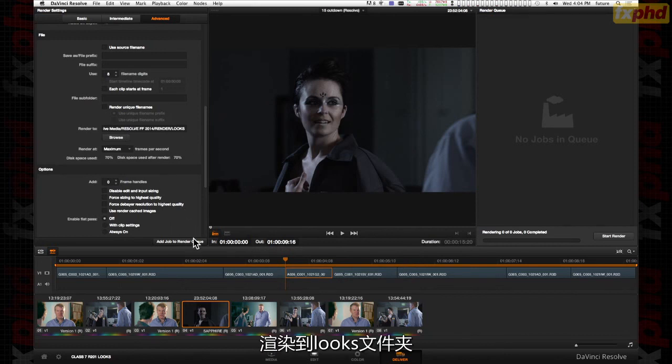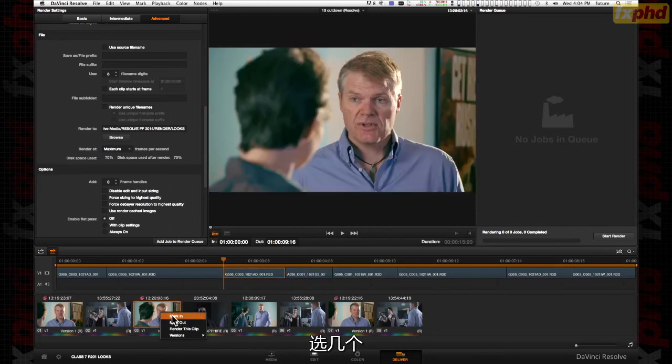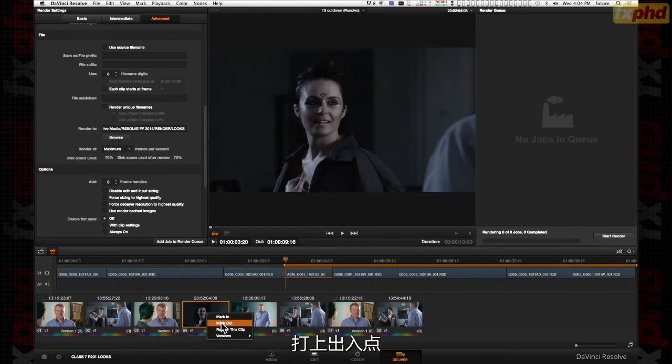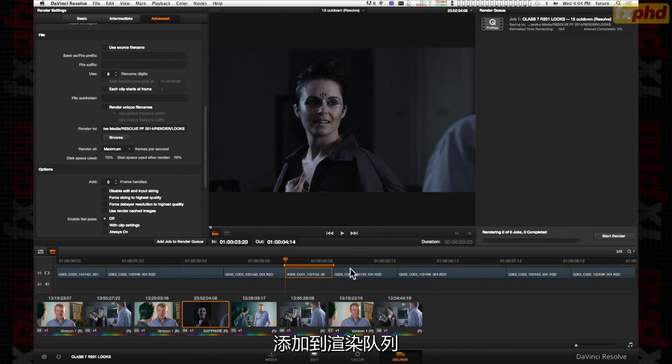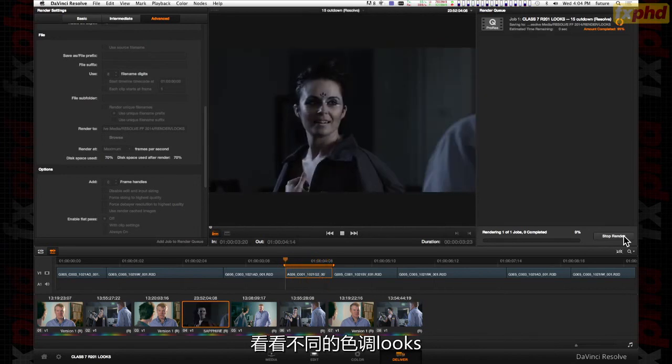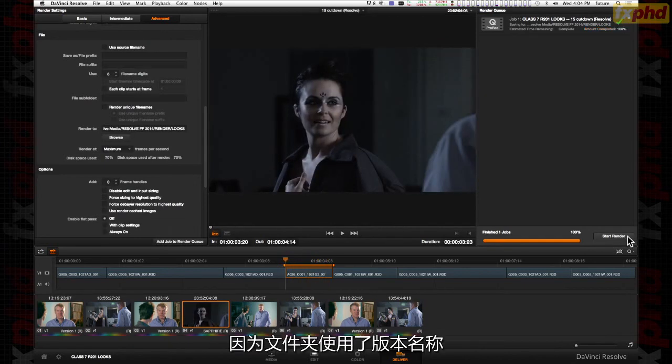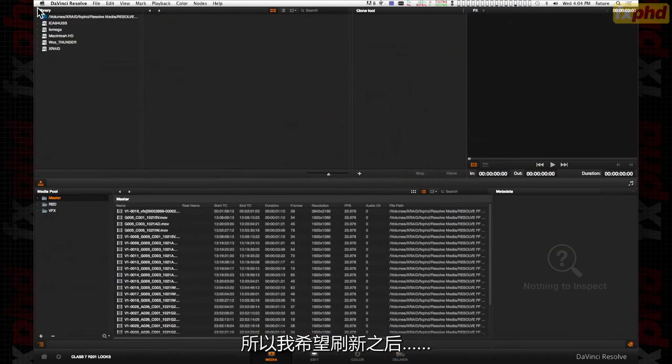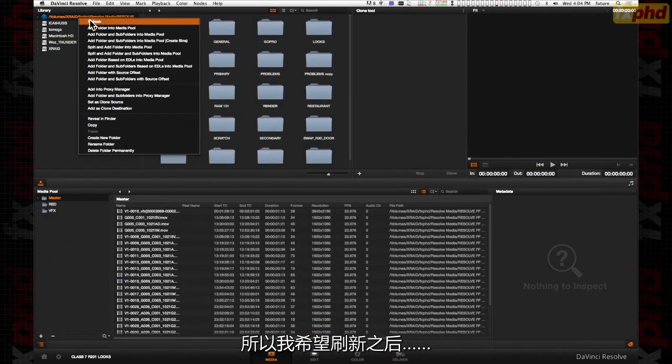Into looks like that. And we will just take a couple, so we'll go in there and we'll go there, mark in and mark out. So we'll just do that, and then we'll say add job to render queue, so we're not looking at all of it. Start render. See it changing? It's giving me all the different looks. So, and I ticked use folder name or version name for folder. So what I'm hoping when I come in here and refresh this,